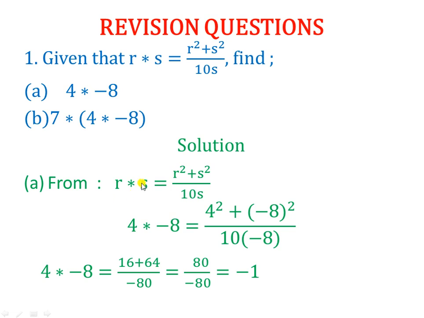So the concept is just look at your original expression or operation, then compare with what you are given. In this case, comparing R asterisk S with 4 asterisk negative 8, R corresponds to 4 and S corresponds to negative 8. So you simply substitute those values in the given formula. Now let's move on to